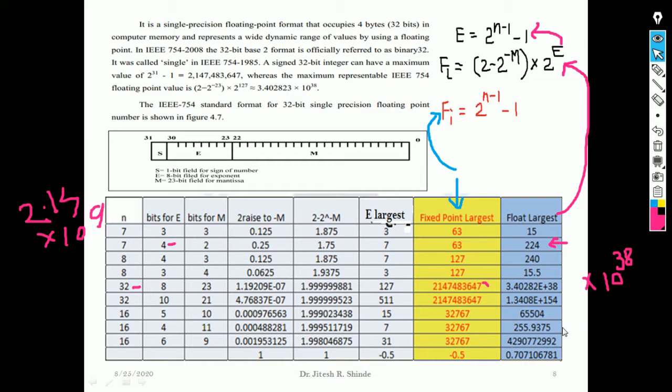Thus this table illustrates how the precision, accuracy and range increase drastically without consuming more wires, or in simple words, while consuming the same number of wires required for the fixed point representation scheme. 32 wires are used in floating point too, but the range in floating point is very high, hence the precision and accuracy are also very high compared to the fixed point number representation scheme.